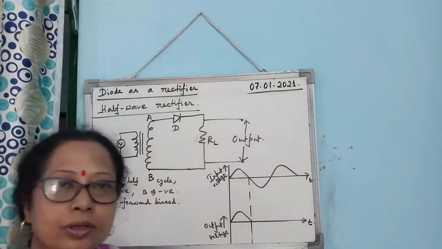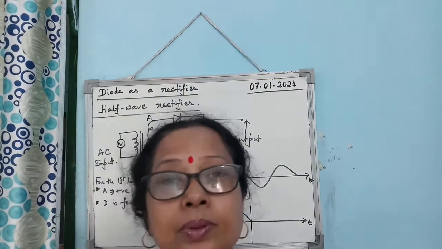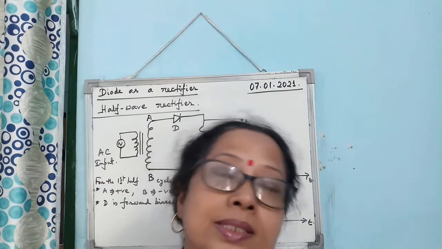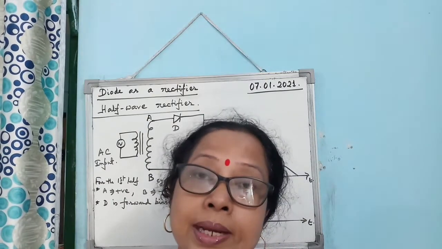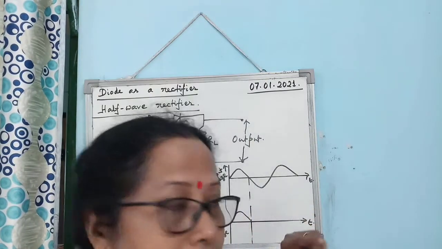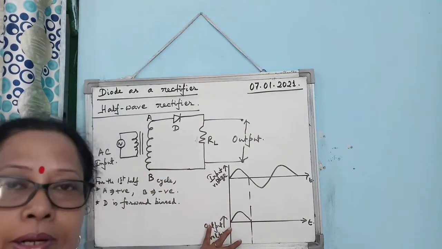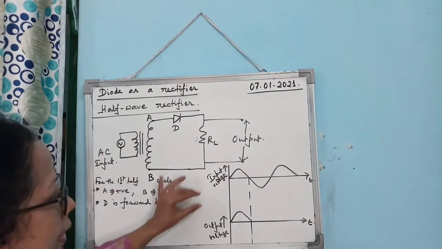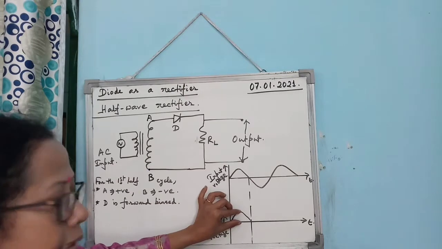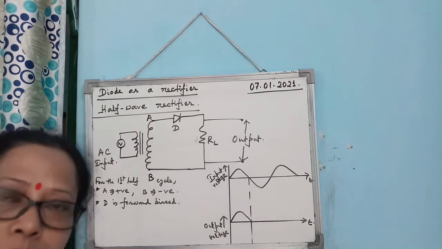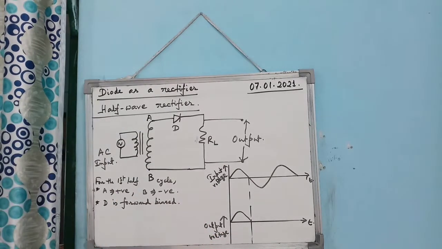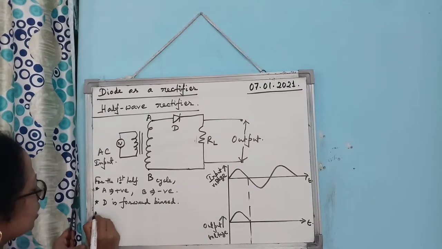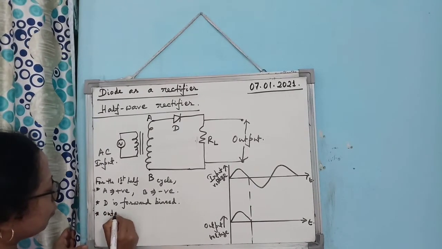Now unfortunately you will not study about the transistor, because in that case the output gets magnified. So that's why it is very important to follow this point here for diode as a rectifier, that the height of the input voltage and the height of the output voltage should be made almost equal. So you see D is forward biased, so output is obtained.